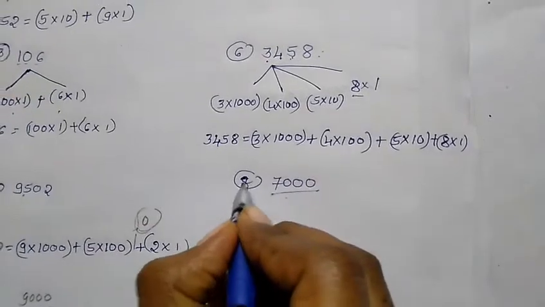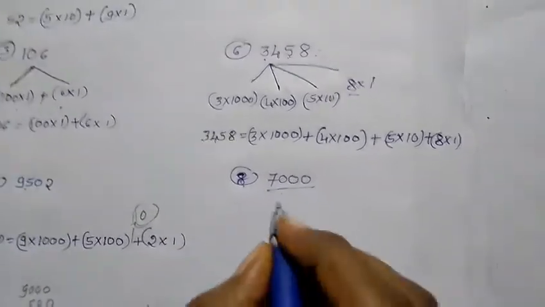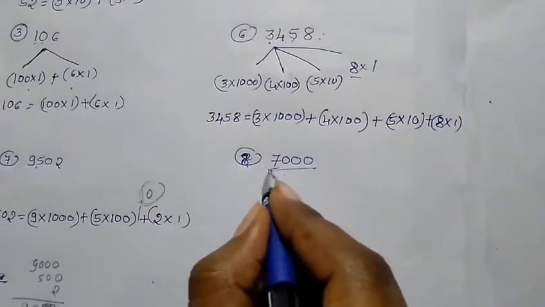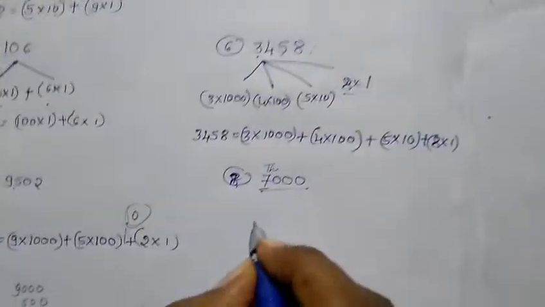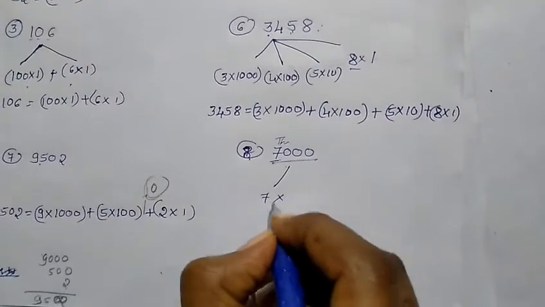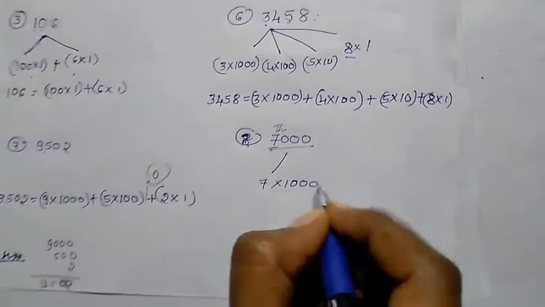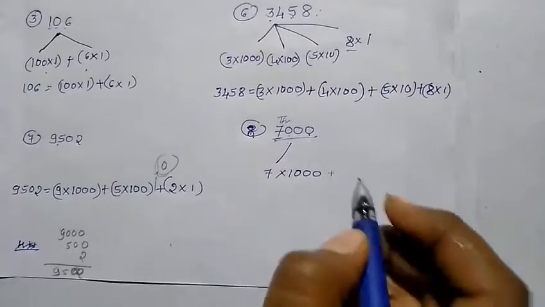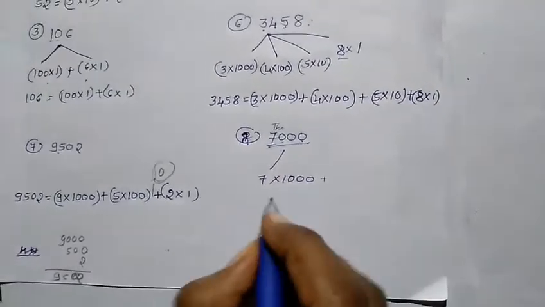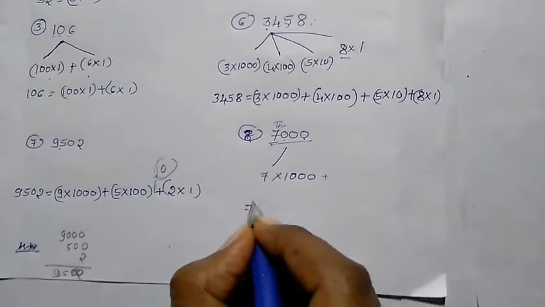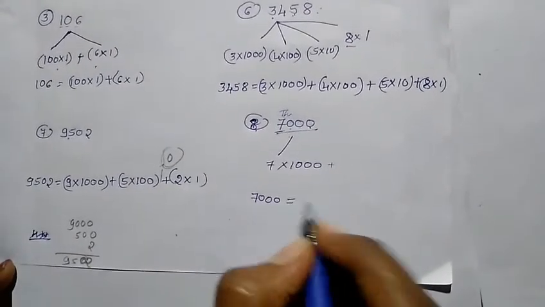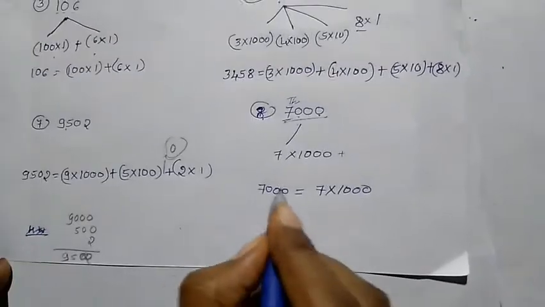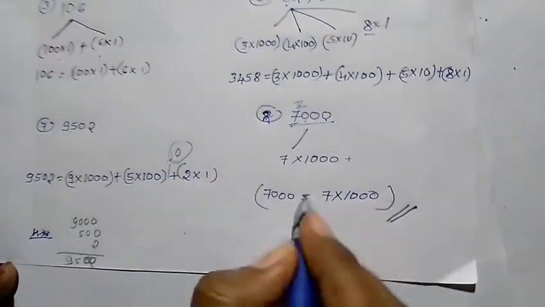Okay, this one is the eighth one, that is the last one, 7000. As it itself says 7000, it is the 1000 place. So you can split this one as 7 into 1000. The others are all 0, the 100 place, 10th place and the unit place, so no need to worry about that. Just write like this. Then you can write the generalized form equation as 7 into 1000. Okay, this is your final answer.